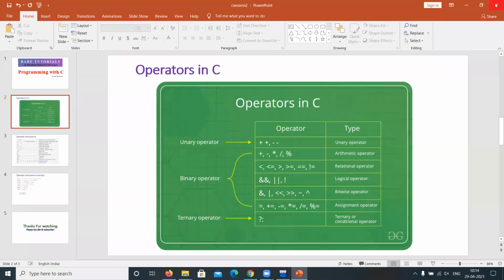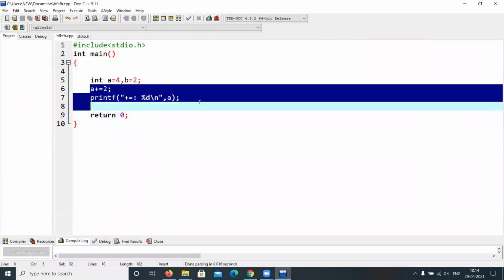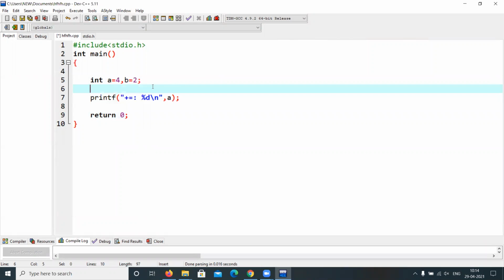The next one is the ternary operator. It is a special operator. Observe what its purpose is. For example, I will write the condition. If this condition is evaluated as true, then the first statement will be executed. If it is not evaluated as true, then the second statement will be executed.